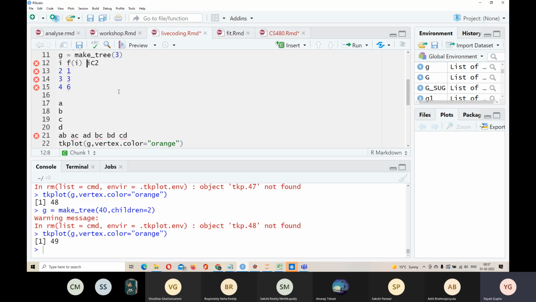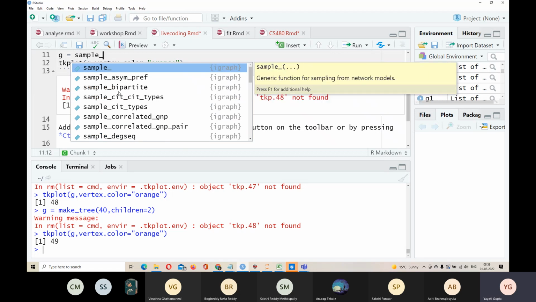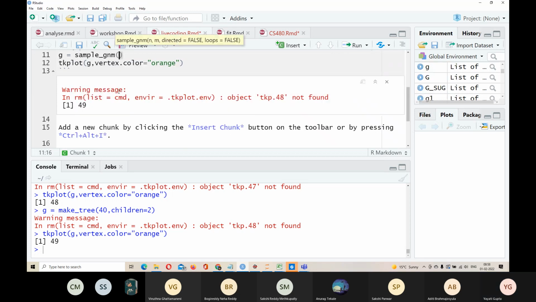We'll talk more about this model as we proceed further in the course, right? And instead of using a coin, you can also use a biased coin. So you can say that the students in this class are more friendly, right? So there will be more edges. So this probability increases. So one of the functions to make this graph is called sample GNM, where n is the number of nodes and you tell me how many friendships you want in this class.